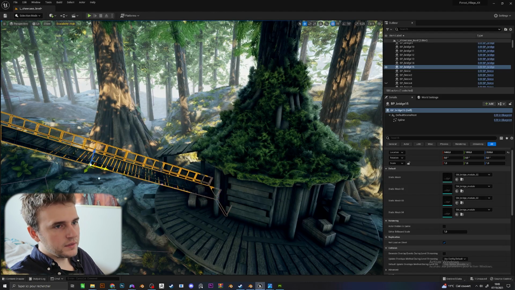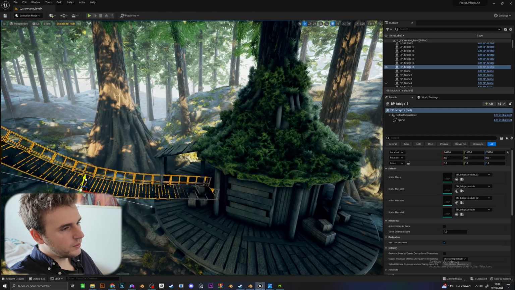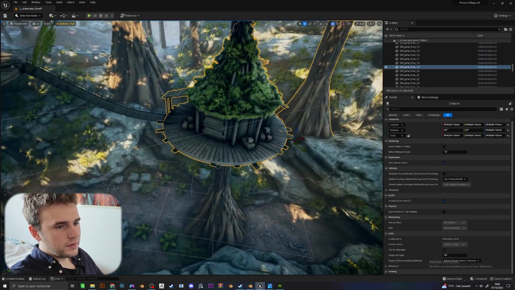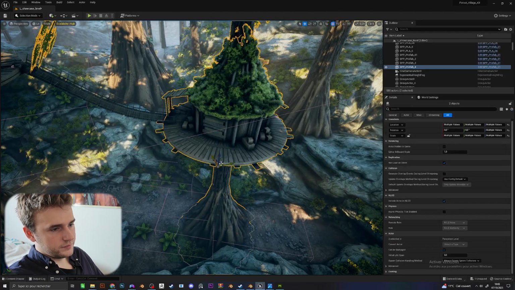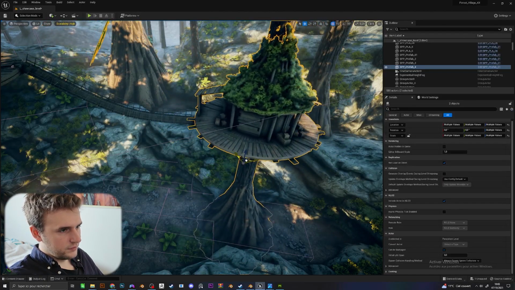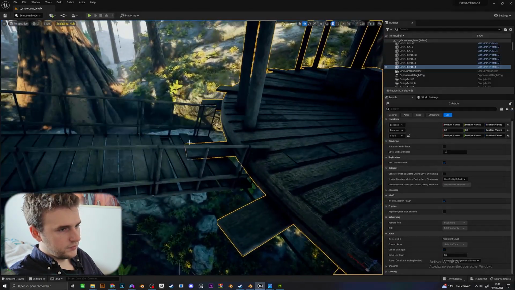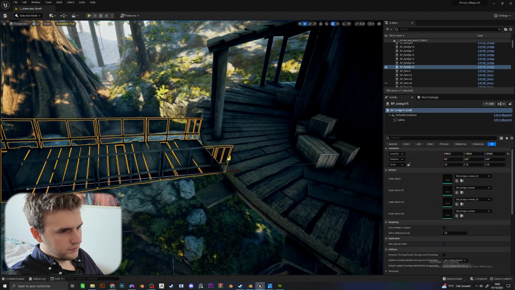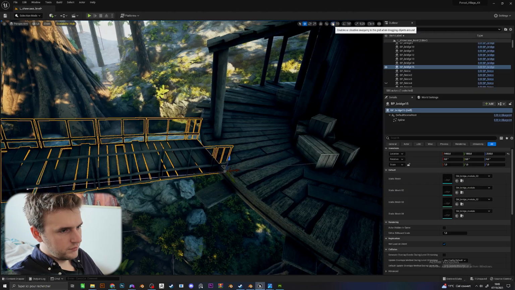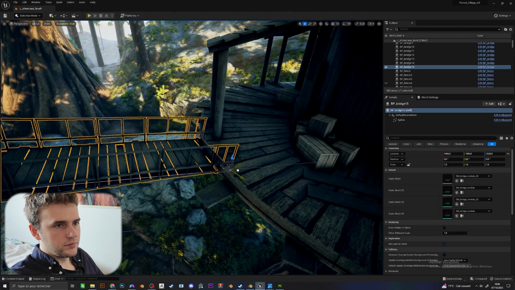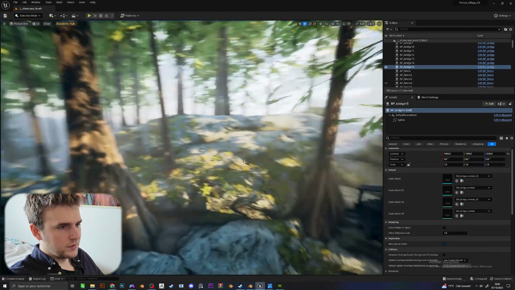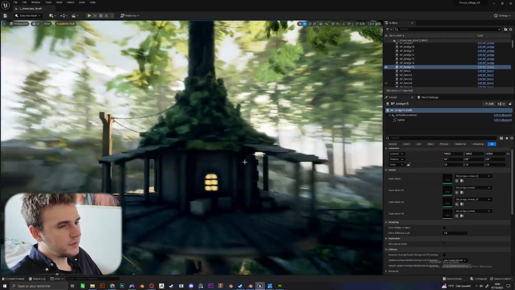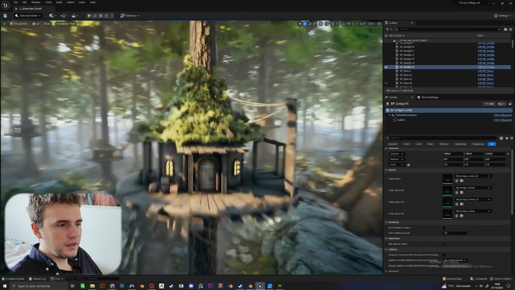I will put it like this so the bridge will not be so straight. Okay, and this way, in just a few clicks, you can add a new house connected to the trees